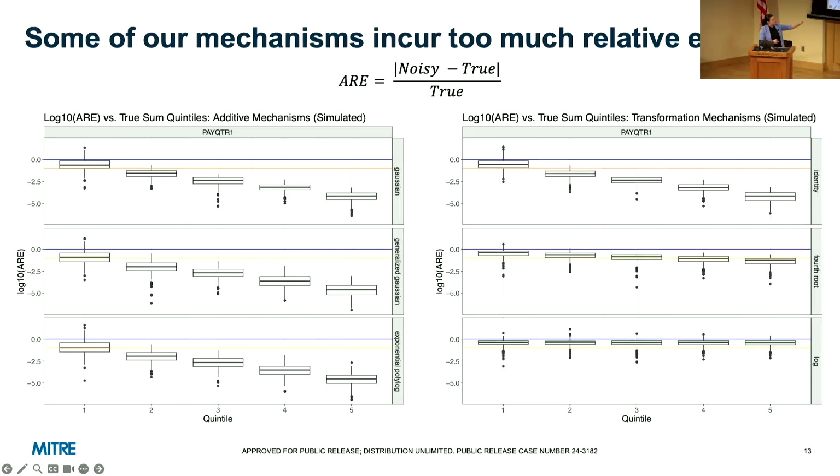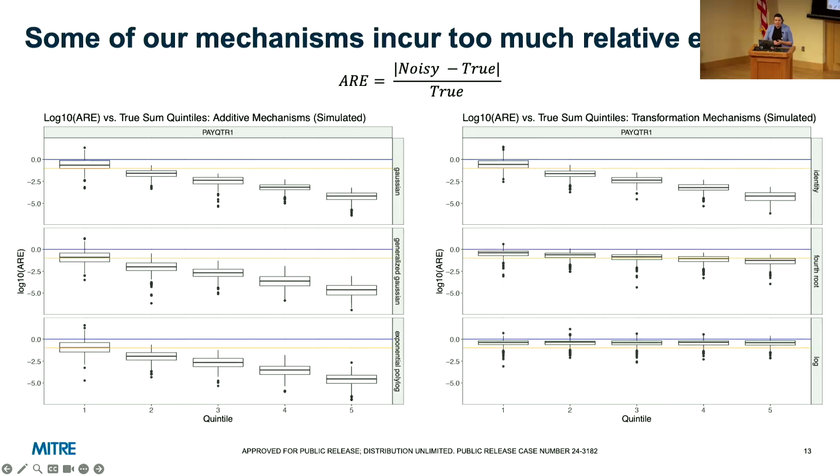So in particular, what we see is that for our fourth root and log mechanisms over on the right-hand side, all of those box plots pretty much are located between the blue and orange lines. And so that means that for both of these mechanisms, the relative error that we're incurring by using them is really not tolerable. We should not be excited to then release these statistics out into the world because it's really